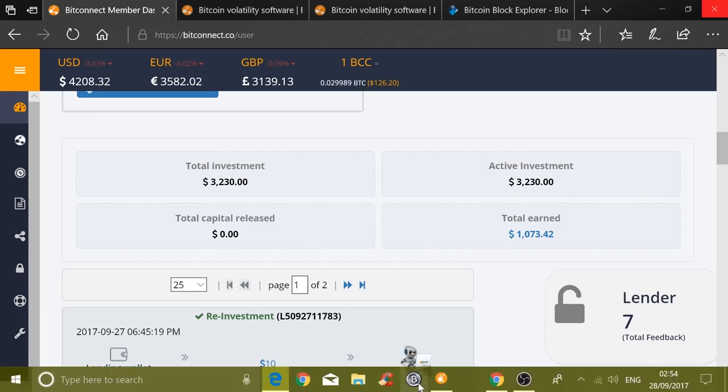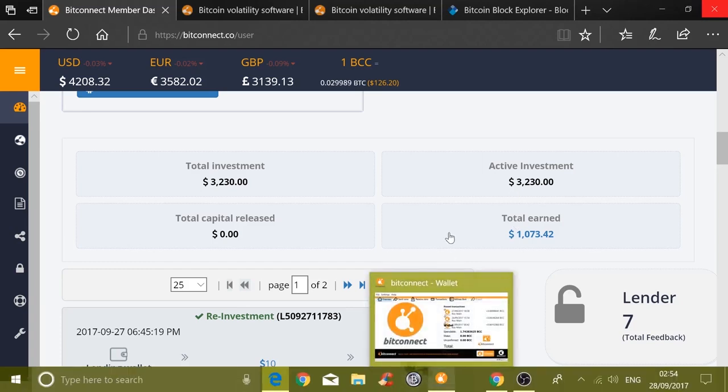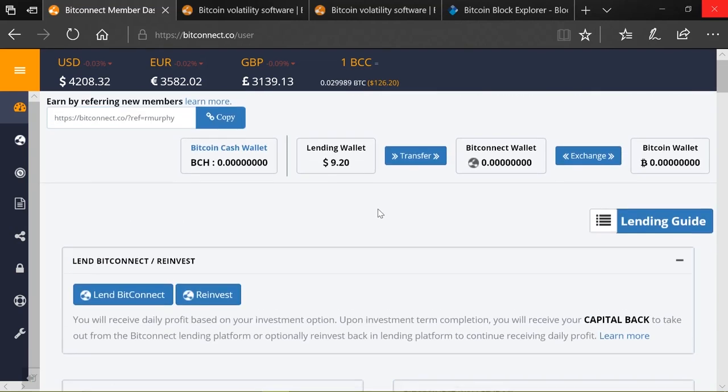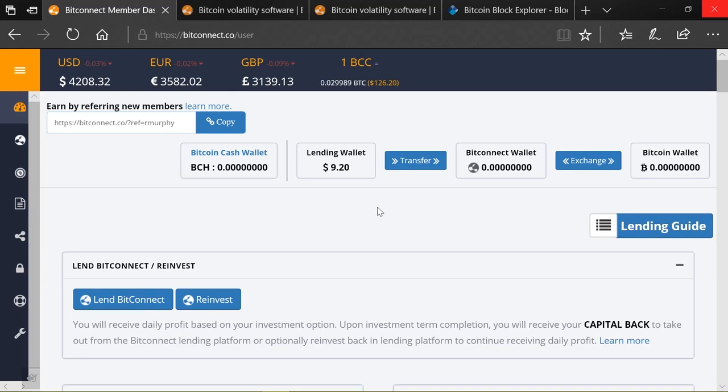In the next video we're going to be doing one on the profitability calculator, which will really help you in using this system. So let's not digress too much. This is supposed to be an overview and I'm getting a little bit too detailed already. So simplified, Bitcoins into Bitconnect coins into your lending wallet. So your Bitconnect coins can be lent for the trading bot to do its work.